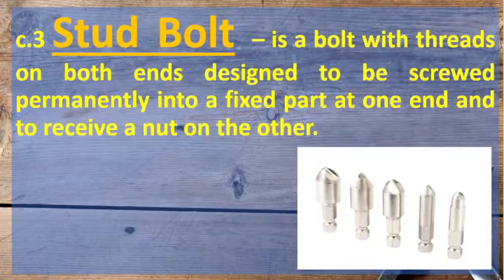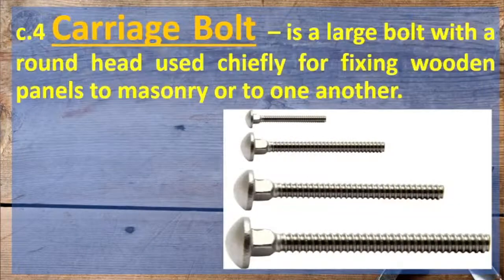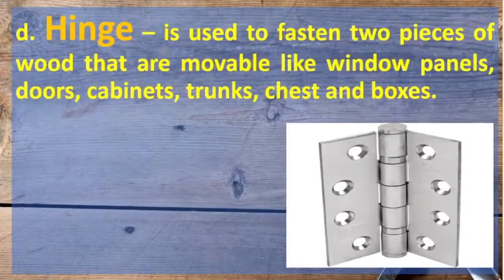Stud bolt is a bolt with threads on both ends, designed to be screwed permanently into a fixed part at one end and to receive a nut on the other. Carriage bolt is a large bolt with a round head used chiefly for fixing wooden panels to masonry or to one another. Hinge is used to fasten two pieces of wood that are movable, like window panels, doors, cabinets, trunks,